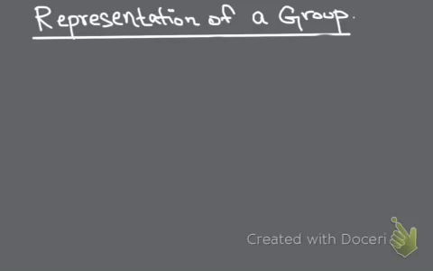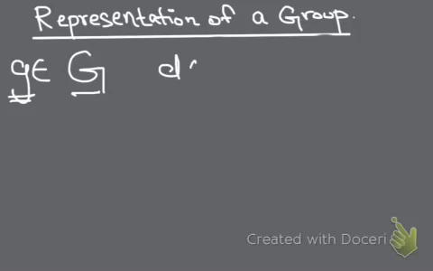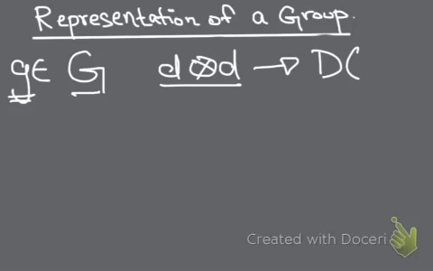Let's talk about representation of a group. So, given a group G, such that it has an element small g that belongs to the group G, the idea is to associate each element g with a D cross D matrix. That is, the matrix is given by D of g,